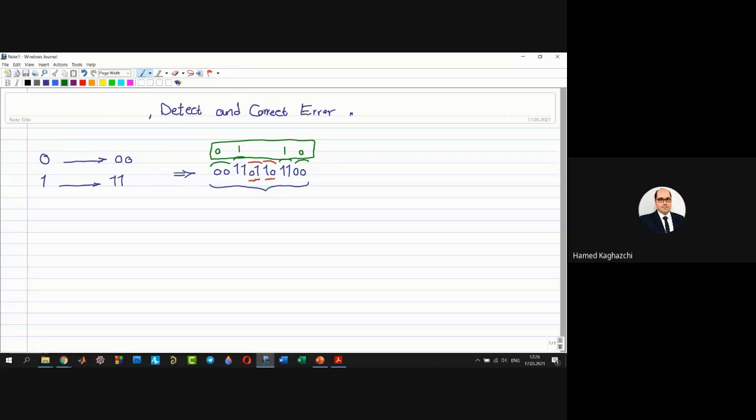Only a digital device can detect the error. In this case, I detect that I have error at this data sequence. Then the device instructs the user to re-enter and resend the data.